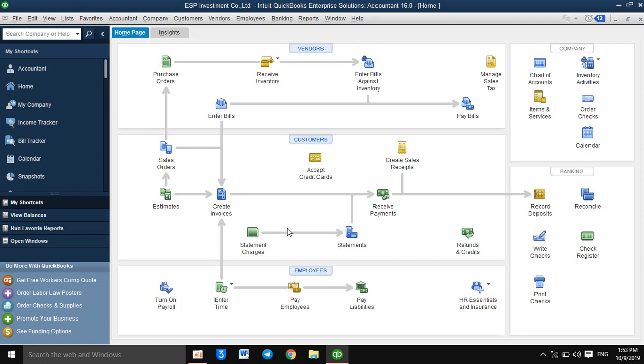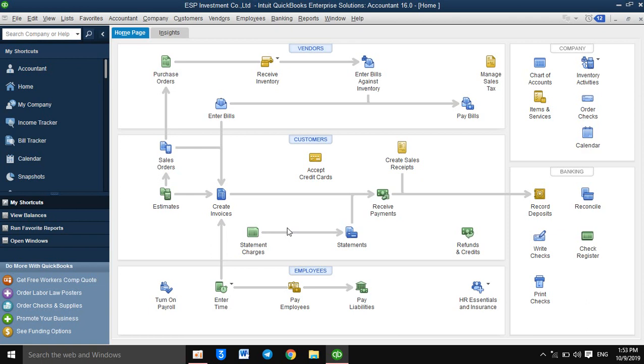How can we record their transactions if we are the accountant in this company? To make it easy, today I will share useful knowledge about how to